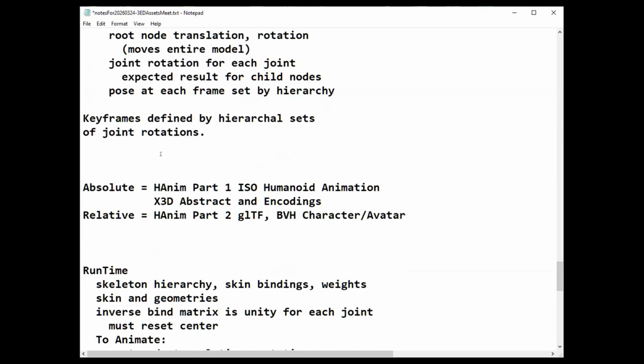Okay, so absolute and relative. The way we deal with it in X3D is that the ISO spec for the humanoid, and this use of center, we cover in part 1. When we're dealing with things built with relative dimensioning, we deal with that in part 2 of the HAnim specification.